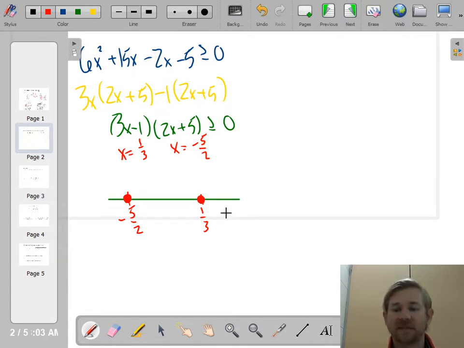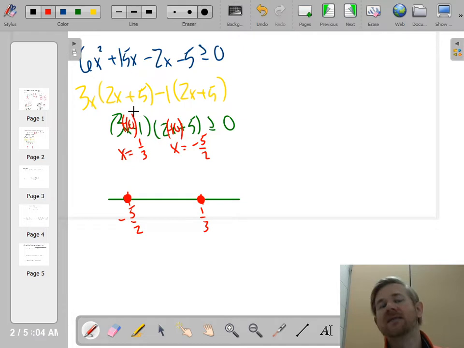Now we're going to test points in each interval. So we're going to pick a number that's to the left of negative 2.5. Let's do like negative 10. So we're plugging in negative 10. 3 times negative 10 is negative 30. Minus 1, still negative. 2 times negative 10, negative 20. Plus 5, still negative. So since the first factor is negative and the second factor is negative, their product is